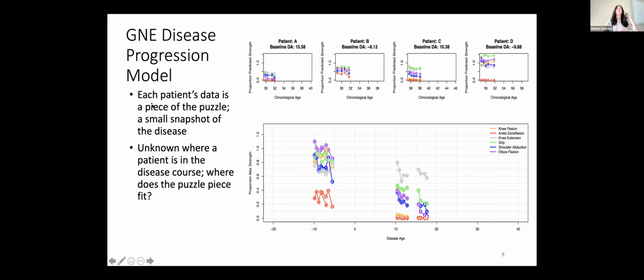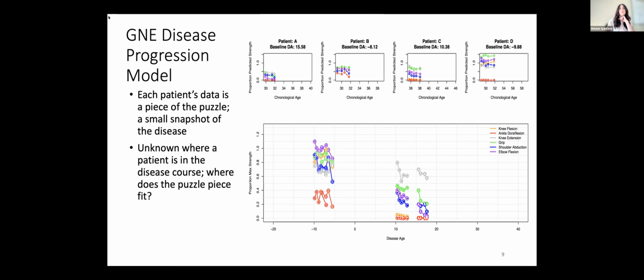So really the goal of these disease progression models is, you can think of each of these individuals, and all of the individuals in the natural history database, as providing a small snapshot of this very slowly progressive disease that can be categorized over 50 years perhaps. So just looking at 2 years of the disease tends to be a very small snapshot.